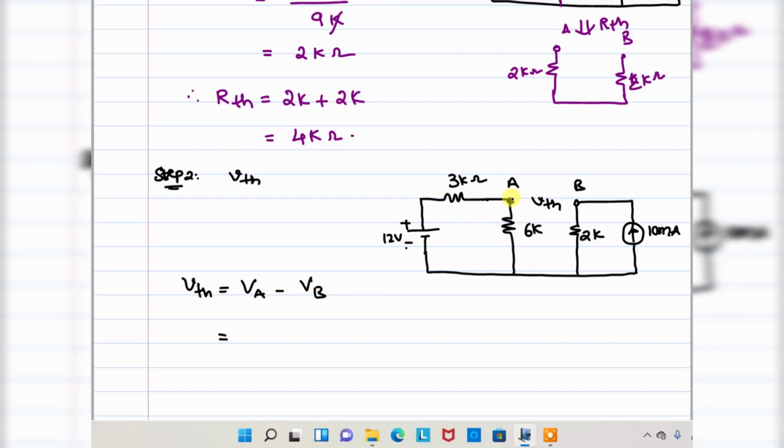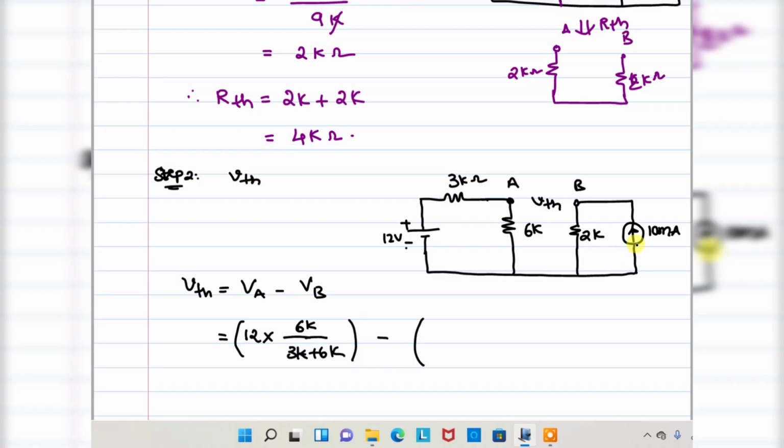You want VA, that means the voltage across the 6 kilo ohm resistance. Just apply the voltage division rule: 12 into 6k divided by 3k plus 6k. Is it okay? Minus,